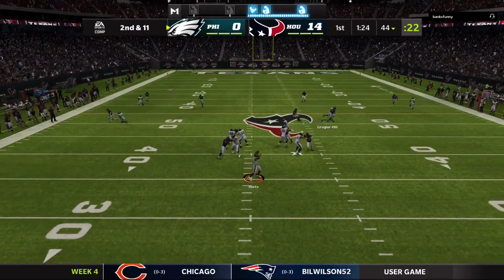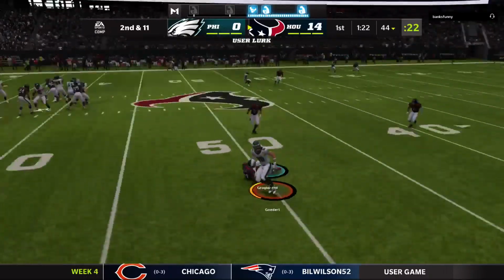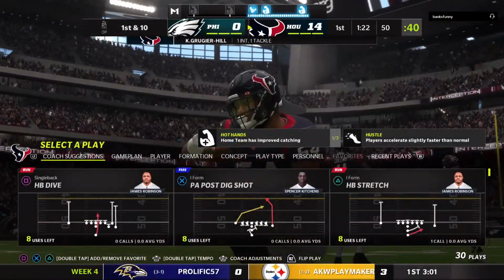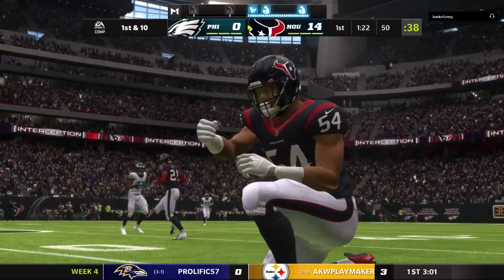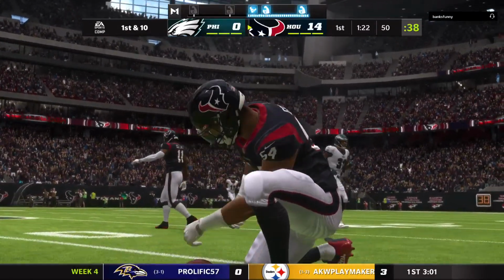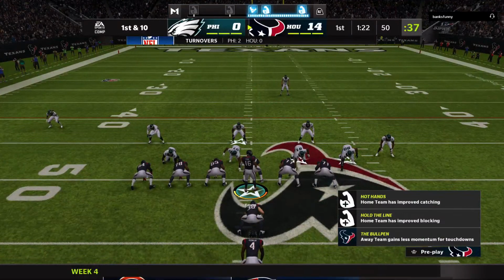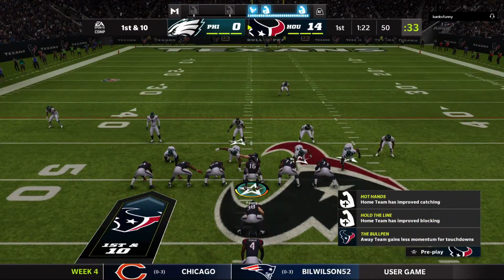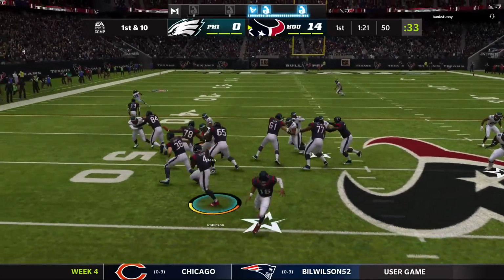Hurts. Rifles one, and that's going to be intercepted. A great read, and it's picked off. And the Texans are going to have the short field here as they'll take over right at the 50. Good starting field position for the Houston Texans here as they come up 1st and 10 right at the 50-yard